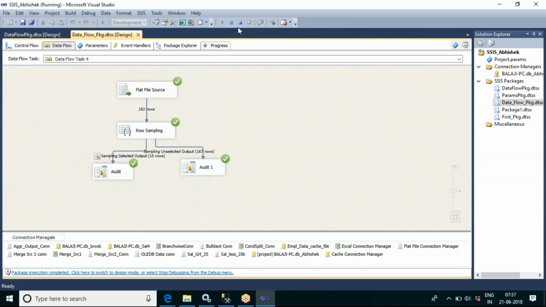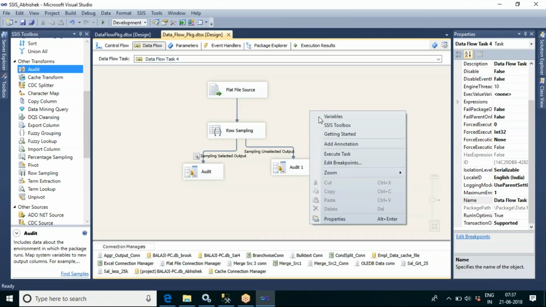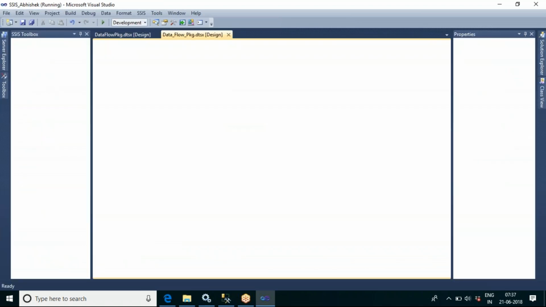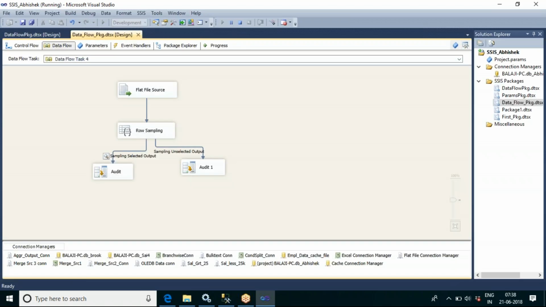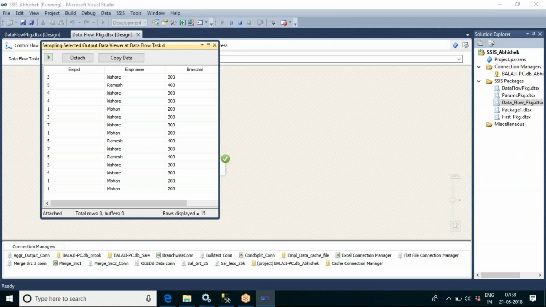If I execute it a second time, I will get the same data here. Now you can see 3544137. The same set of data gets displayed again and again.